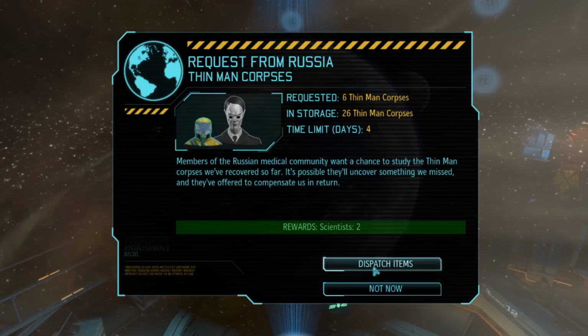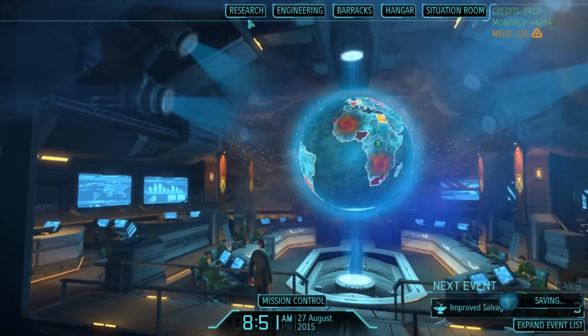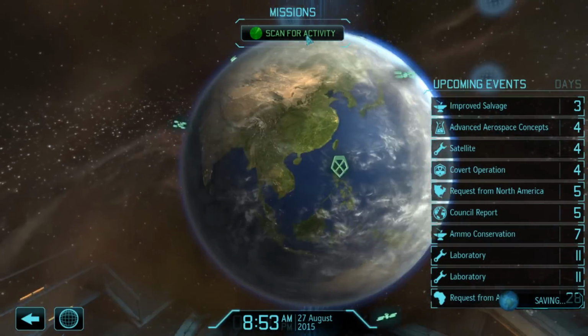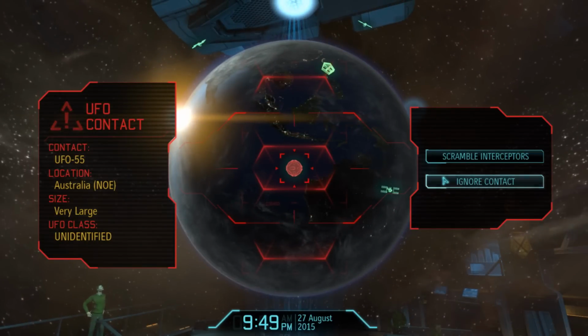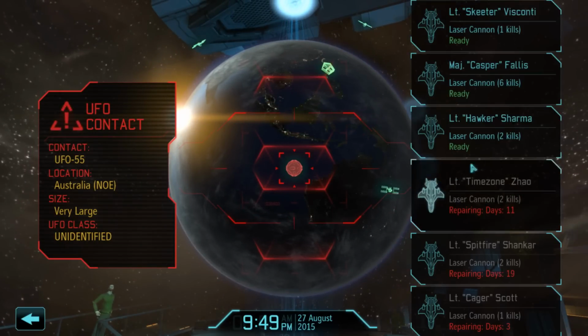Okay. We need 2 scientists. They're going to give me 2 scientists for 6 Thin Man corpses. That's a good deal. Nice. Russia's on the brink of several major medical advancements because of the materials we've given them. Yeah, right. Miracle marijuana. Medical marijuana from that Thin Man corpse. Not miracle. Maybe both. What are you going to learn from the Thin Man corpse? Oh, shit. Oh my god,